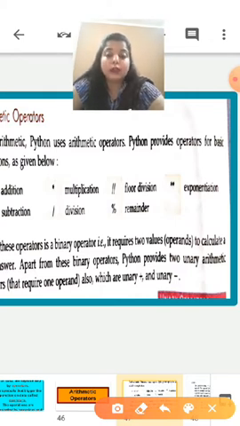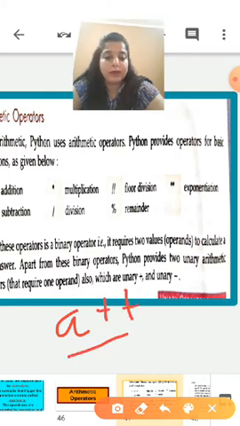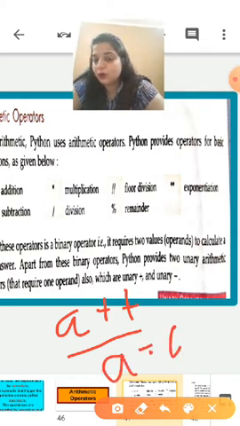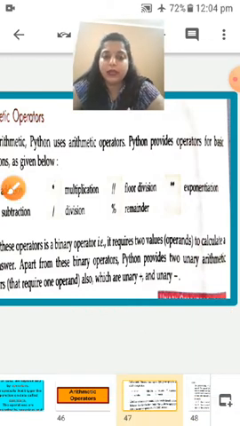Unary operators are those applied on a single operand. Single operand means if A is here, we write A plus plus. Only one operand is participating, only A is there. So this is called a unary operator. Binary operator means A is equal to A plus B. In this, A and B, two operands are participating, so this is an example of binary. Binary operators work with two operands and unary operators work with only one operand. I think I'm making myself clear.